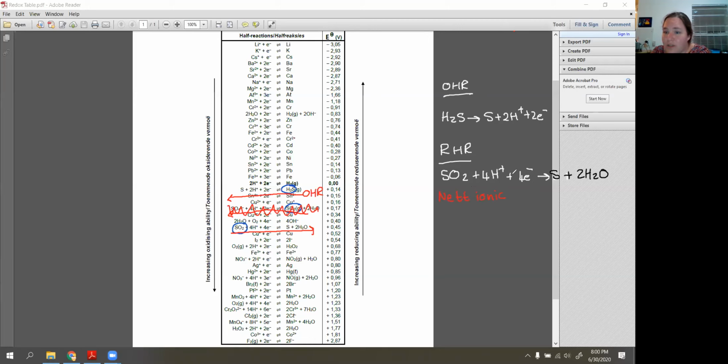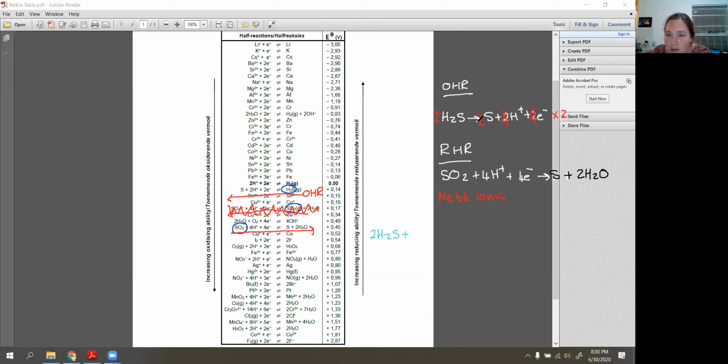If this is 2 and this is 4, everything here gets multiplied by 2. So I'm going to put a 2 there, change that to a 4, change that to a 4, change that to a 2. And if I now write out my net ionic, and I'm not going to rewrite the electrons, I'm hoping this shows up nicely,